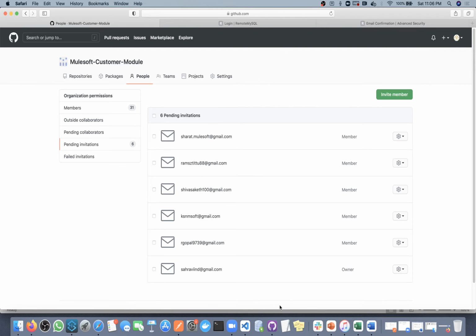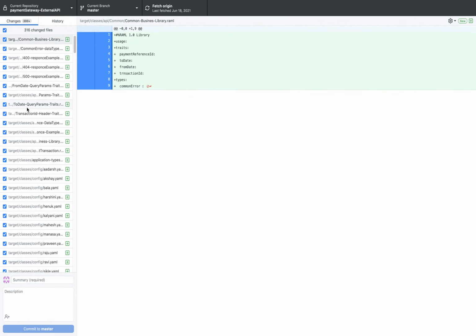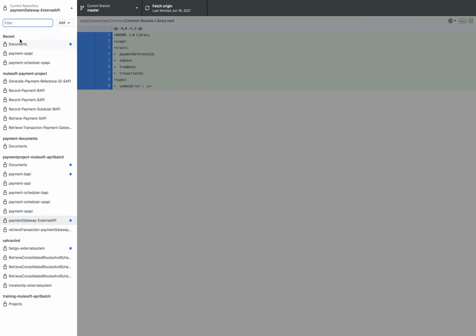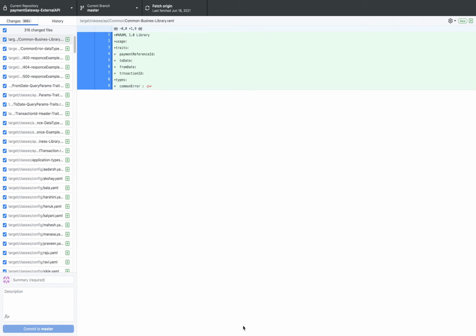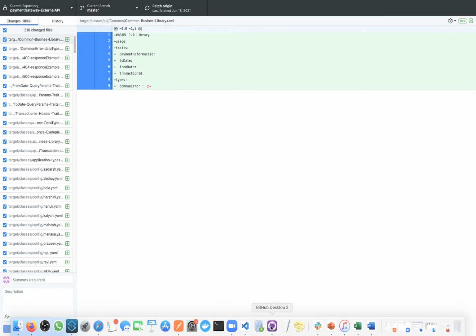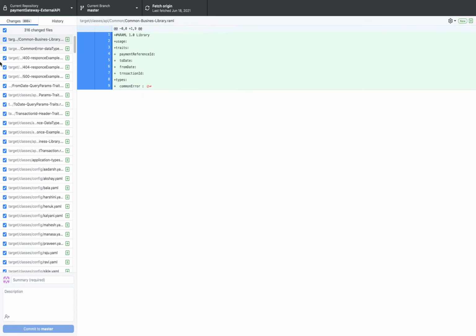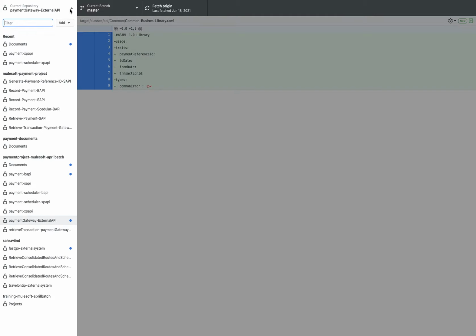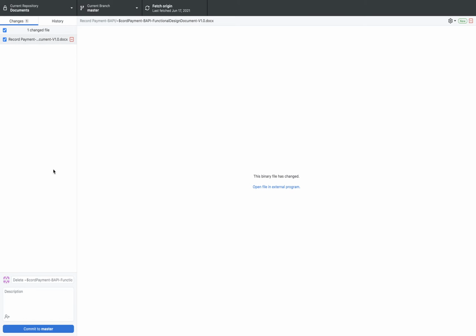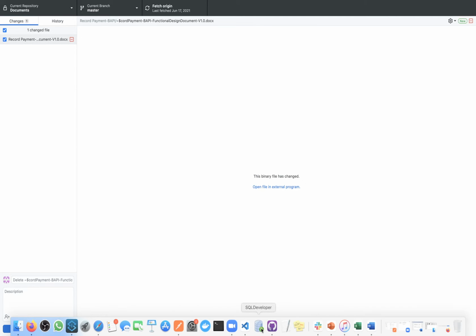For example, this one is my different account, and here I logged in with my previous account where I have the payment module. I am also not able to see that organization. Now what I will do, I will add the first repository. This one is my different account, and here I also don't have that particular thing. So what you have, the same you can see, the payment module, but you can't see other things. I am also in the same position.